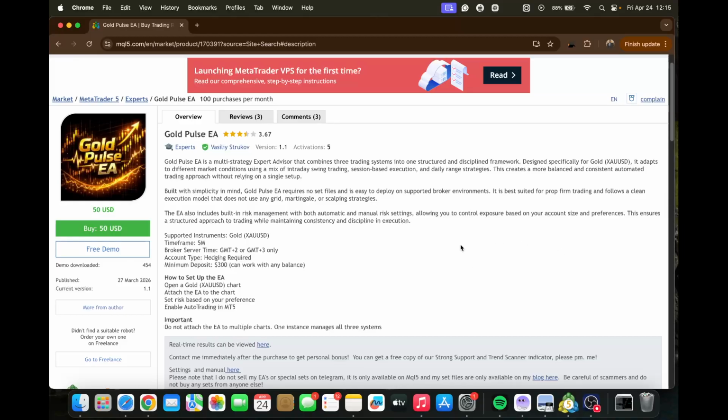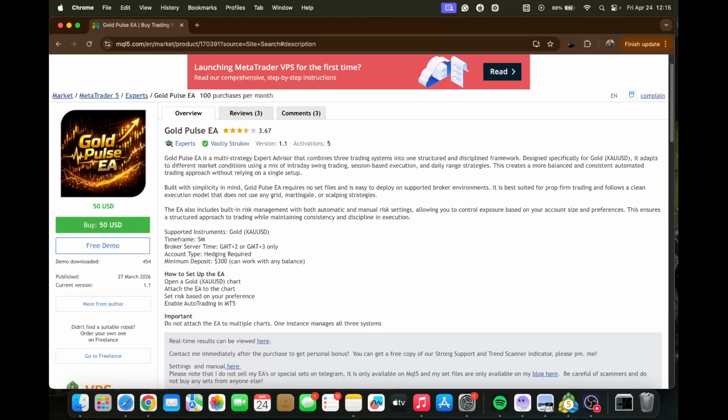No complicated set files, just attach it on the gold chart, just one gold chart, and you're good. Minimum deposit is only $300, but it can run on any balance. Yeah, and there's no greed, there's no martingale, no scalping. They really emphasize the clean, disciplined execution model. But the no scalping they talk about, it's on the 5-minute time frame, but they still advise that it doesn't scalp, which means that it's kind of like selective. And that's about the